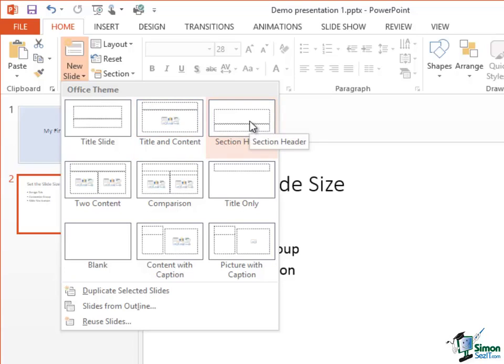But then I have various other layouts. There's a section header layout. There's a two content layout where I can have two items of content side by side. I can have a comparison layout, title only, blank, content with caption, and picture with caption. Now depending on the template I'm working with, I may have other or different layouts to this, and I can in fact create my own layouts. But for the moment we're pretty much dealing with the default here. Let me do title and